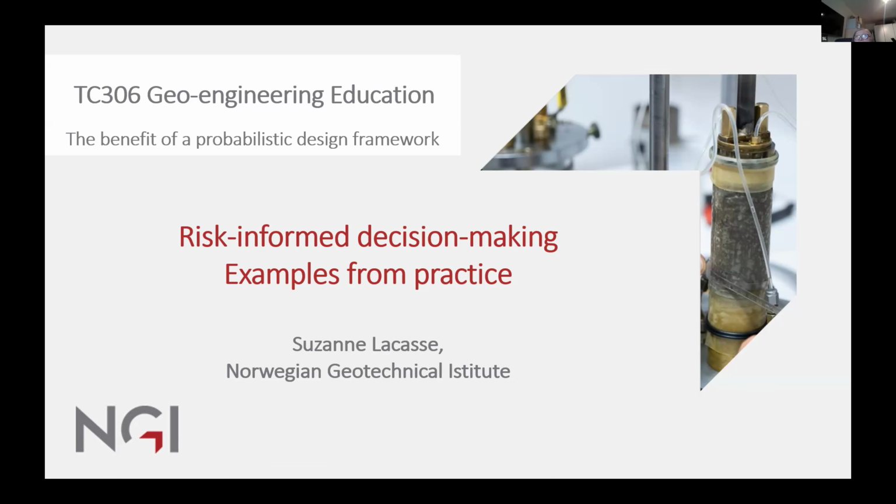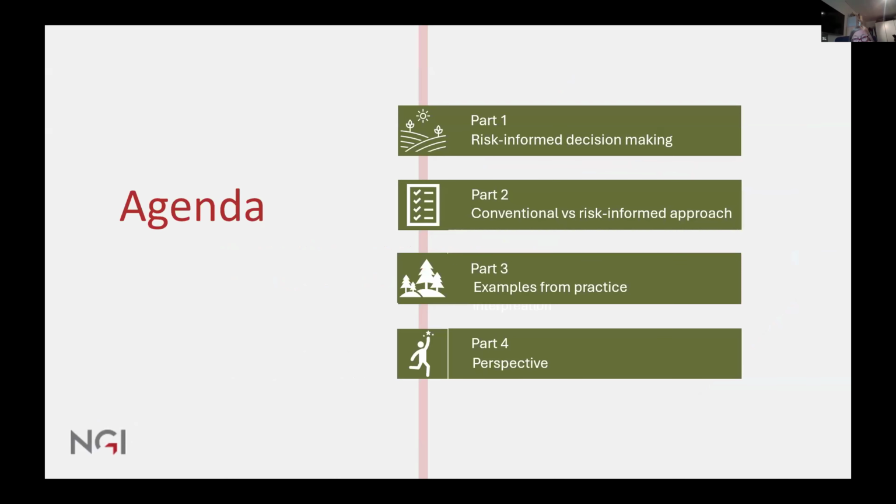And I guess I'm going to give you some examples. What do we do with this data that has been generated in the first two lectures? I want to talk about risk-informed decision making, with just a very few examples, because I have 15 minutes. So a few words about risk-informed decision making, the approach, and then a figure to illustrate the difference between the conventional approach and the risk-informed one, and two examples from practice, and end up with a few reflection slides.